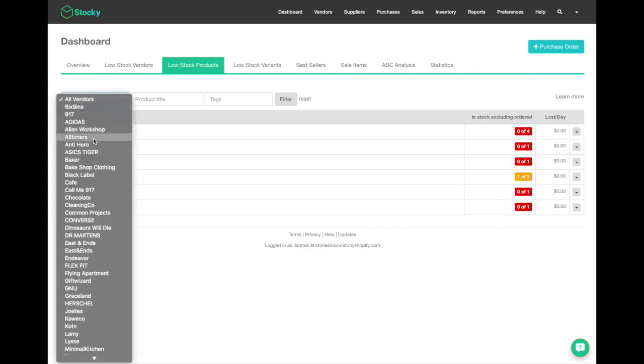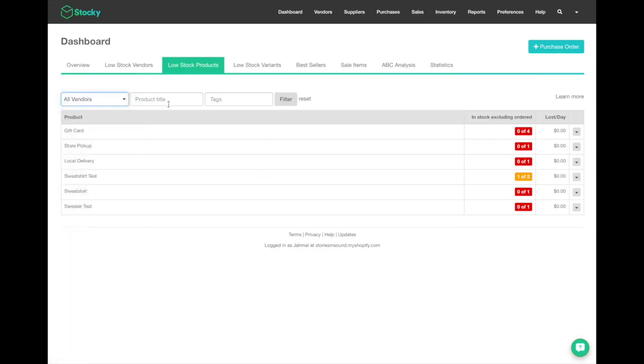You can actually filter down here into specific vendors if you'd like to, so you can get a more granular look at the specific vendors' low stock products too. And then, of course, you can click Add to PO, and you'll add these products directly to your purchase order to really streamline how quickly you can get more products right into your store and create purchase orders for those products. Another great report to look at is the low stock variance report.